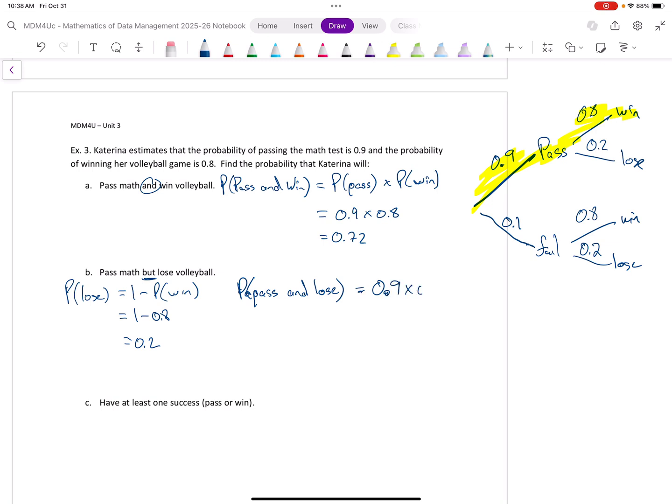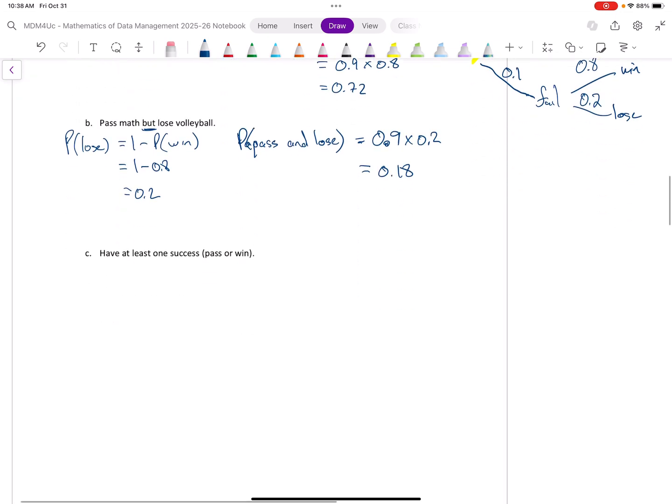It's good. So I've got 0.9 times 0.2, which gives me 0.18. Then the last one here is what's the probability of having at least one success? So we'll say success is like she wins or she passes. So in this scenario,